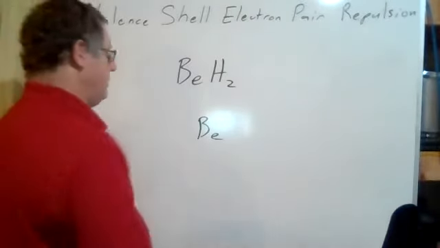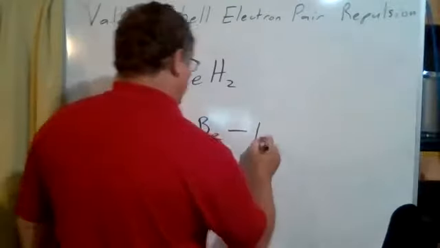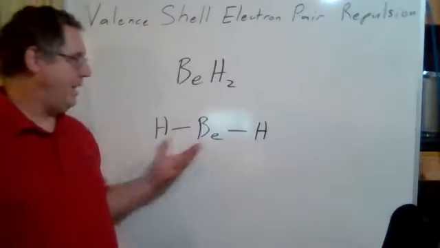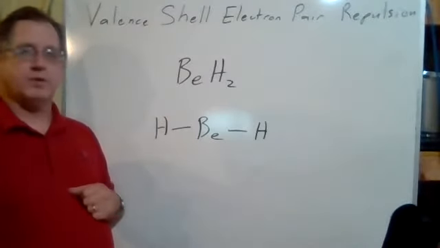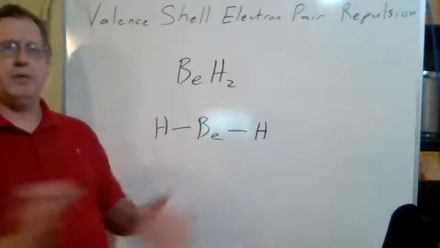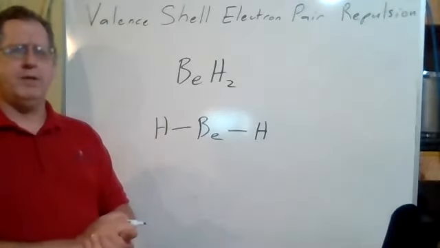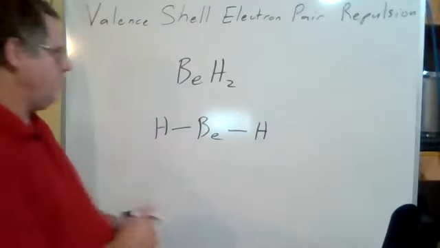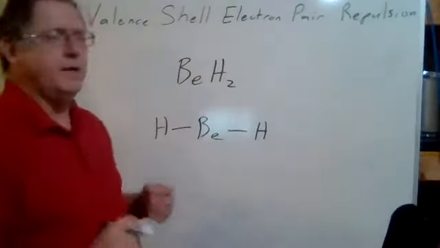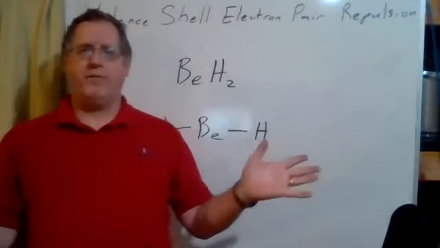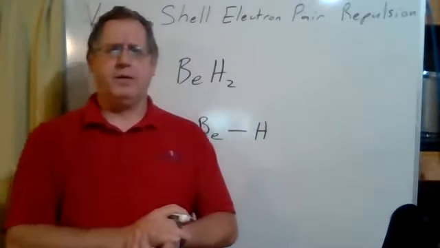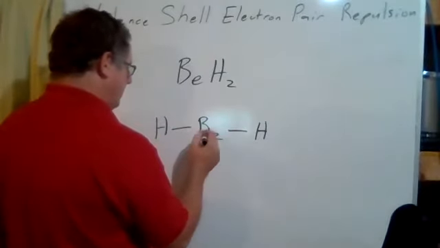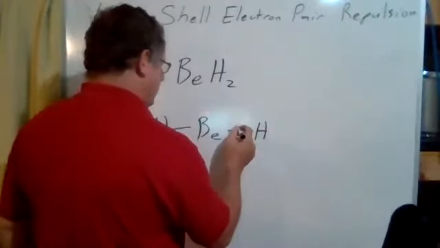But beryllium can be very stable with just two pairs of bonding electrons. And I can represent this by a simple Lewis structure. Okay, now it doesn't meet the octet rule. As a matter of fact, a lot of what we're going to be doing today is looking at exceptions to the octet rule. Now, in this particular case, I've got two electron pairs. They're going to repel each other. They're going to be as far away from each other as possible. In this particular case, this is a straight line, and I can see the angle between the hydrogen beryllium bond here and the beryllium hydrogen bond there